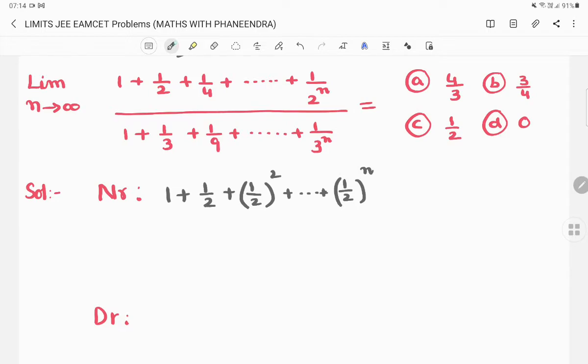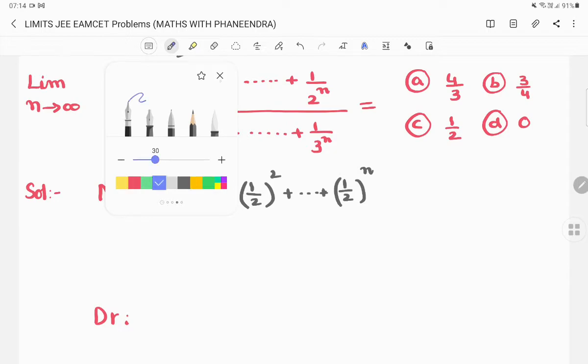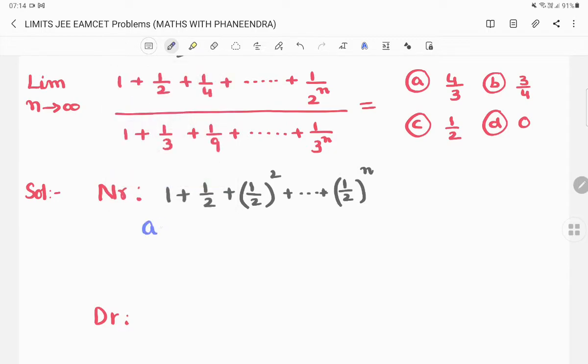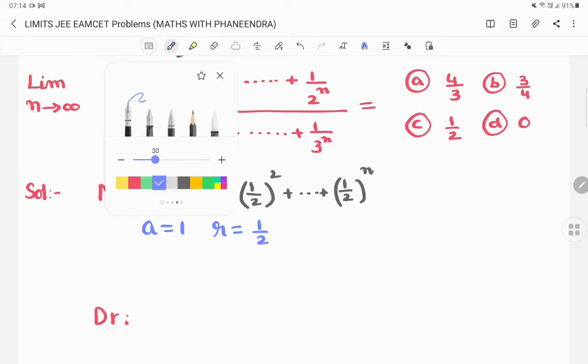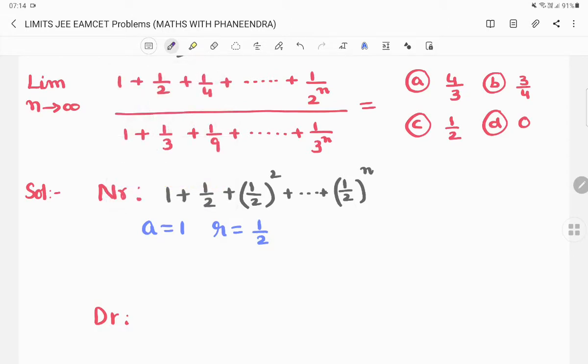So, the first term here, a is equal to first term 1 and the common ratio r equal to t2 by t1. So, 1 by 2 by 1, that means 1 by 2. Whenever we have r value, n value, sum to n terms in GP, Sn is equal to a into 1 minus r power n divided by 1